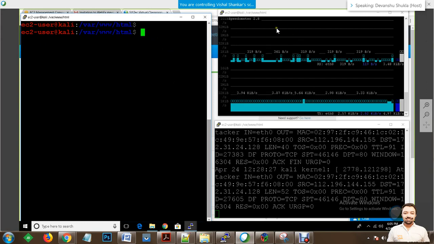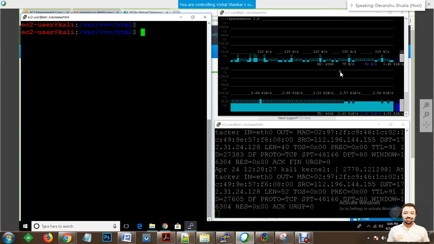At the moment, this right screen window is displaying the incoming number of connections and the bandwidth consumed. So this is RX over the Ethernet 0 interface, and on the bottom side we have a graph representing transmission of packets, which is like the reply being sent to incoming requests. So this is the current scenario wherein a server is running which is not susceptible to any of the DDoS